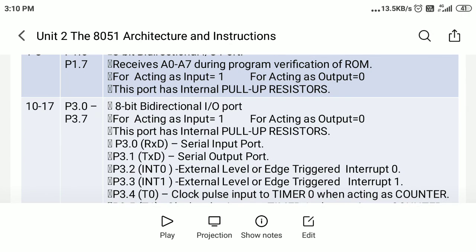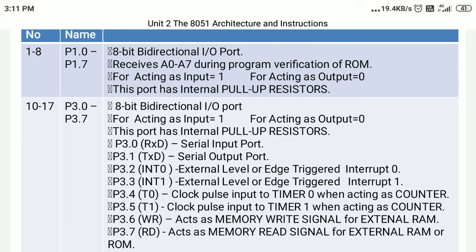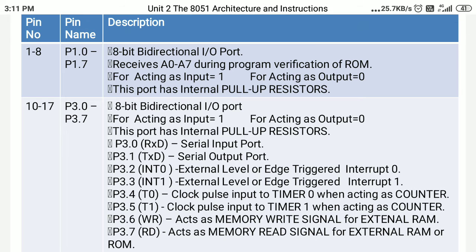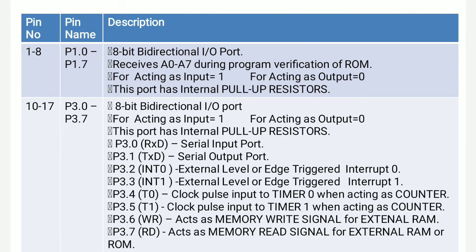1, or simply write as I have mentioned in the table, for acting as input is equal to 1, that is, the pin should be assigned 1, and for acting as output the pin or complete port should be assigned 0. So acting as input is nothing but making 1 or making high that particular pin or port, and for acting as output make that particular port or pin low, that is 0 volt is applied.